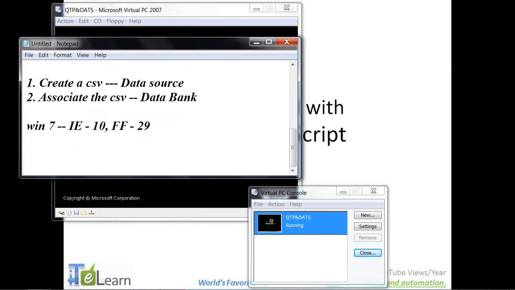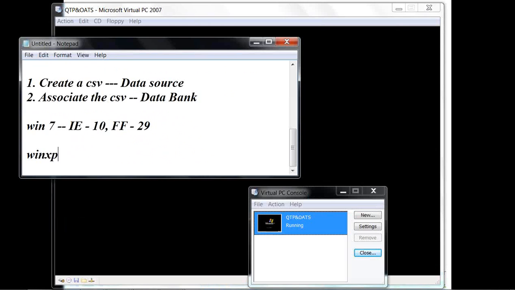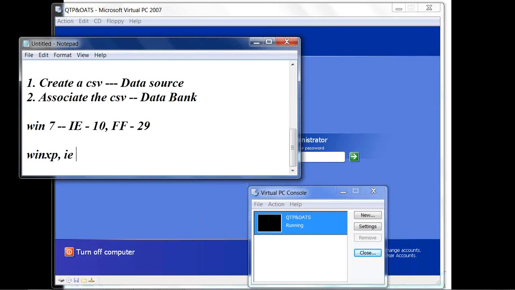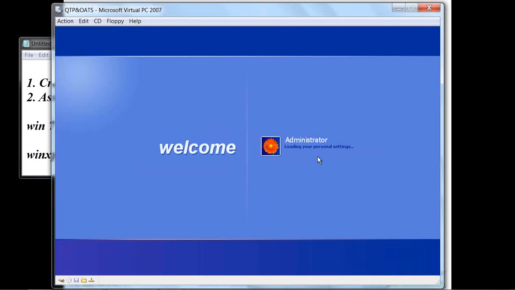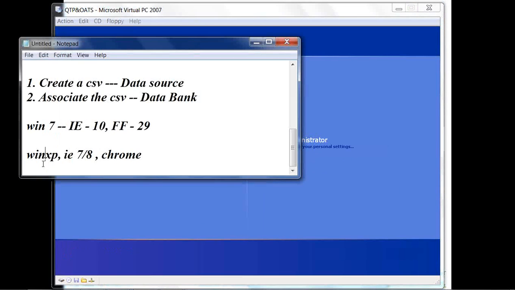But the OATS release which I have installed in my machine supports only Windows XP, and only IE 7 or IE 8. The latest version also supports Chrome, but let's see. That is why I'm switching to the virtual PC.